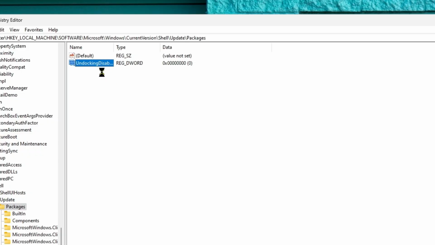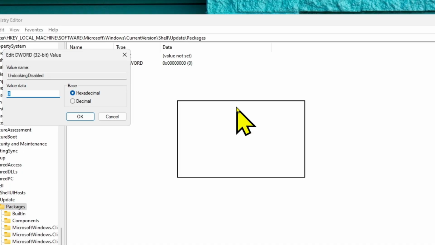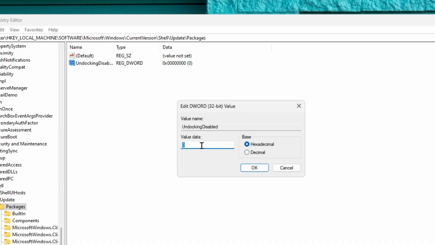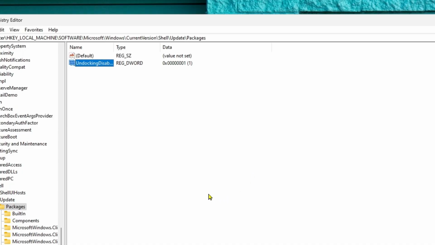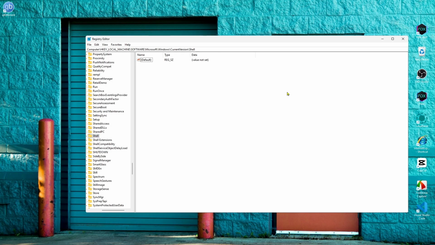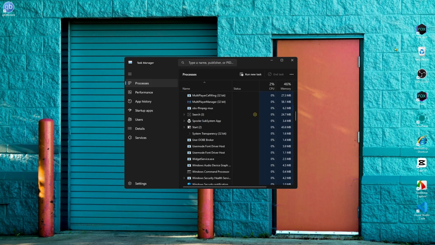After we can click on it 2 times, and then here we'll edit the DWORD value. So we're going to set the value data as 1 and then click OK. And that's it. So after, if your problem doesn't fix here, then what we can do, we can simply go